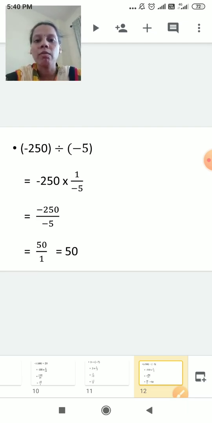Now today we'll stop here only. In the next class, in the next session, we'll start with practice set 9, which is given in your textbook. We'll solve the sums which are given in your textbook. Till then you will practice all the sums, you will solve the sums which are given in the assignment, you will practice everything, and you will learn the tables. And today I will stop here. Thank you so much.